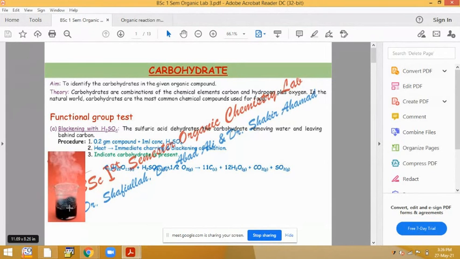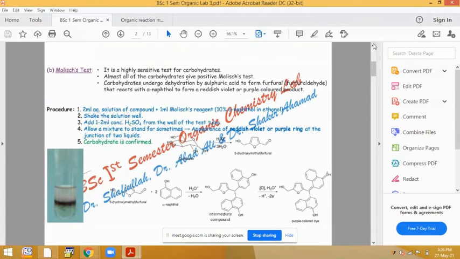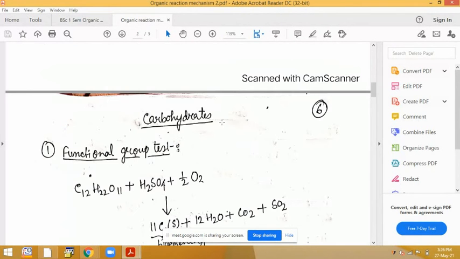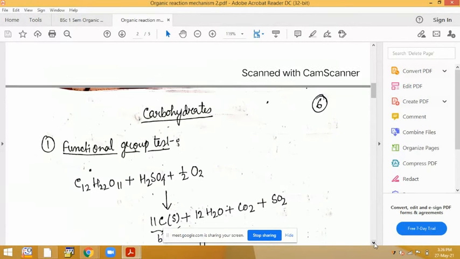And in the functional group test, when you add sulfuric acid to any carbohydrate, it shows a black color residue in your test tube. And this is due to the reason that when you add H2SO4, it oxidizes and it forms